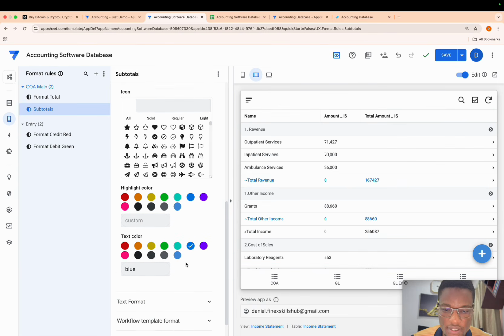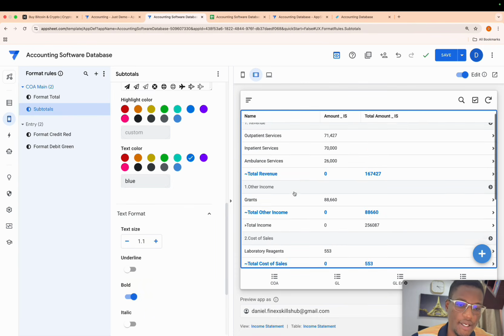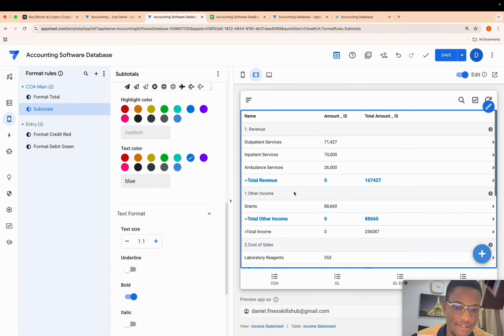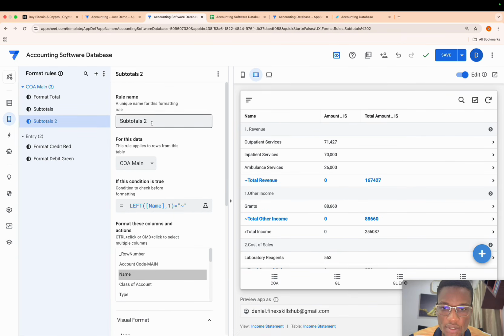Good. So we have this. I'll bold this, make this bold. Good. Maybe I can increase this a bit. Yeah. So you see that looks neat. Okay. And then you can just duplicate this guy. Say this is the grand total. Okay.